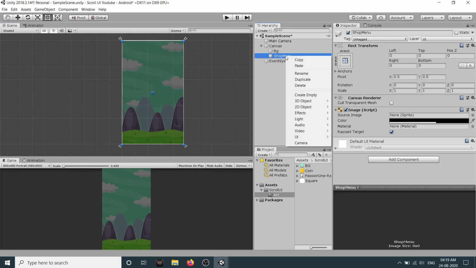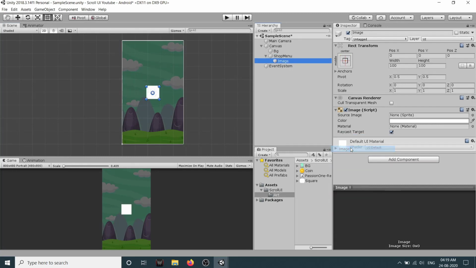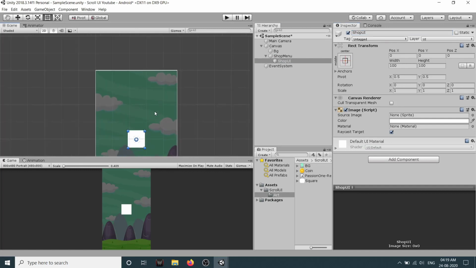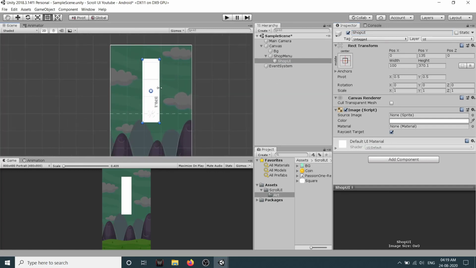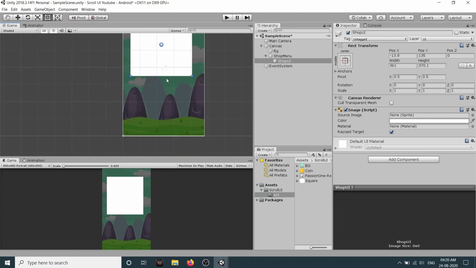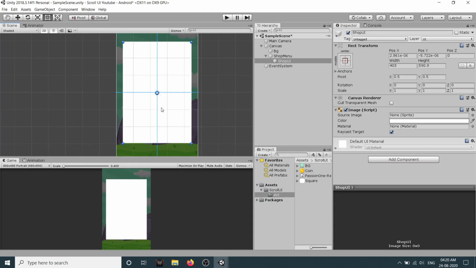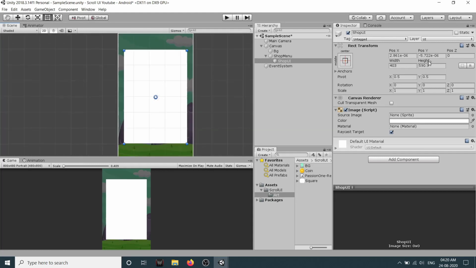So I will just right click and create a new image. I will call this shop UI. Then we will just expand it like this. So just make sure guys your width is 400 and height is 560.